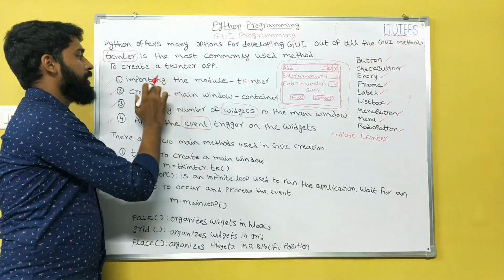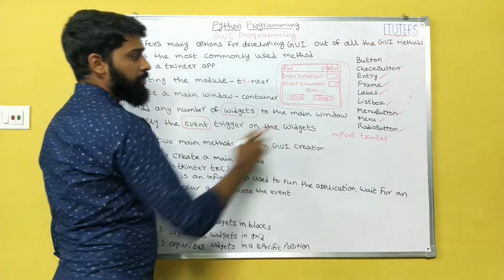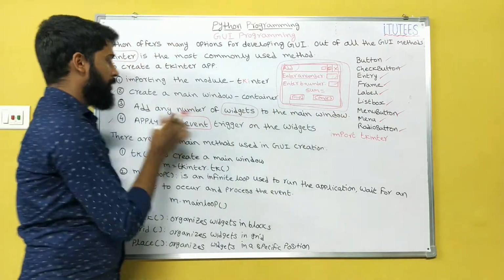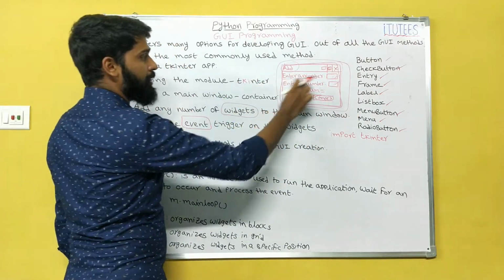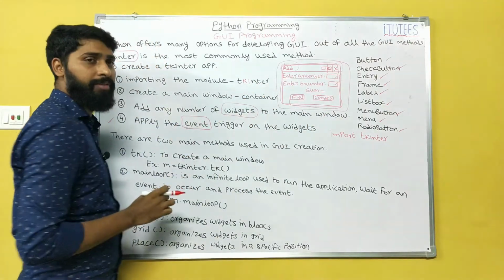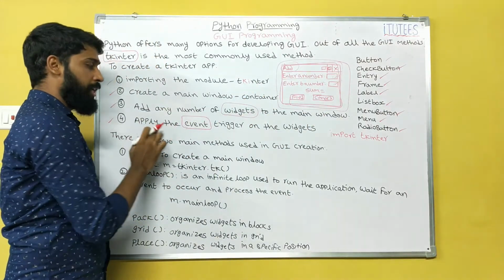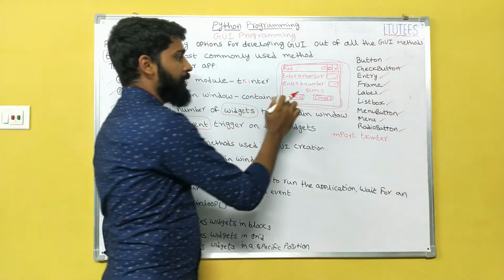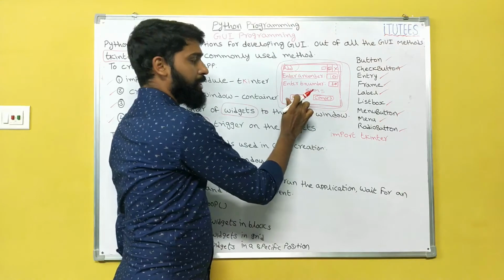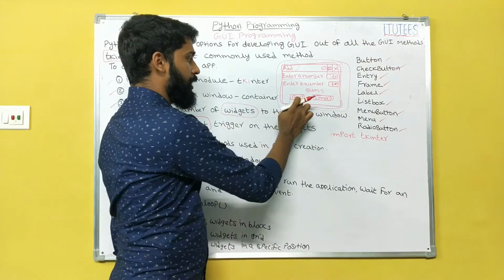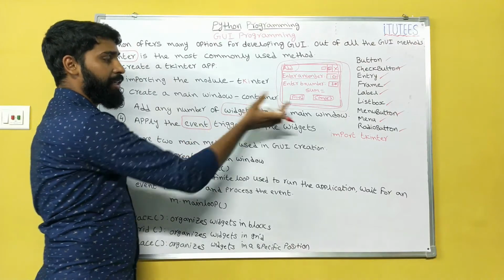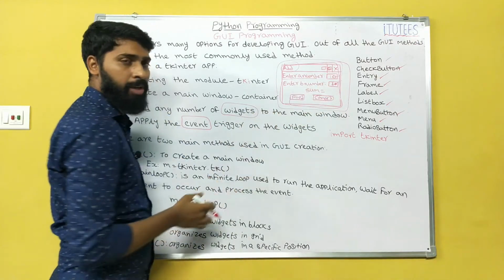So for this, import the module first. What is the second step? Create the window. What is the third step? You can add these labels, text boxes and command buttons, which we call widgets. After that, apply the event. What is the event here? You can place two numbers here. After that, you click on this find. That means the click is the event. If the event triggers, you are going to perform some operations.